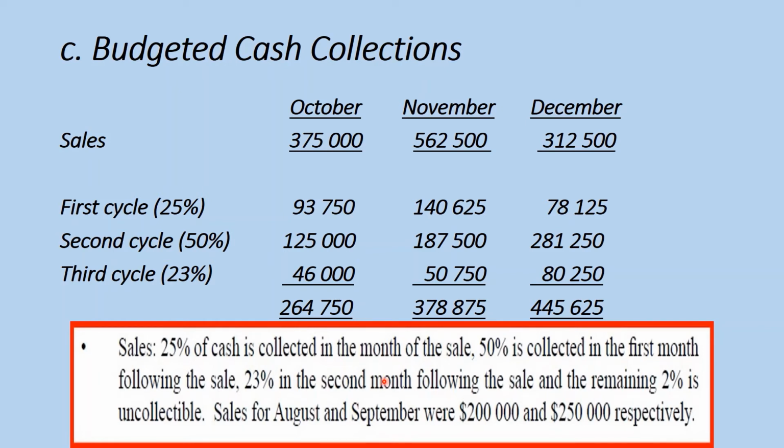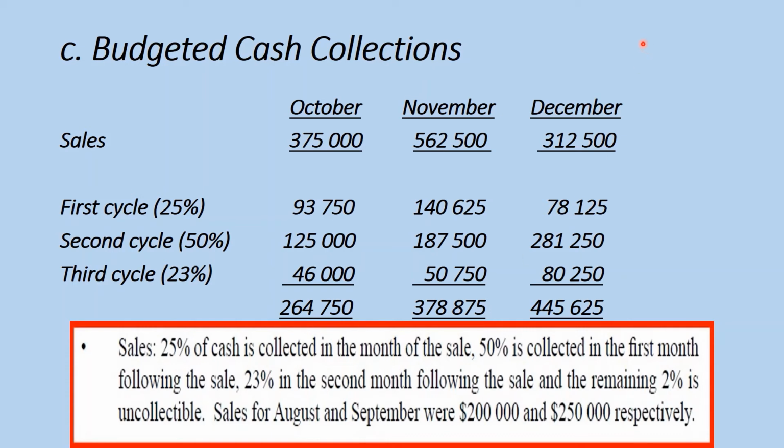And we have the same thing happening in November. 140,000 is 25% of the 562,500, and then we will get 50% of the 375 here, and that makes us 187,500, and then 23% of the 250,000 gives us 50,750, and when we add them together we will get